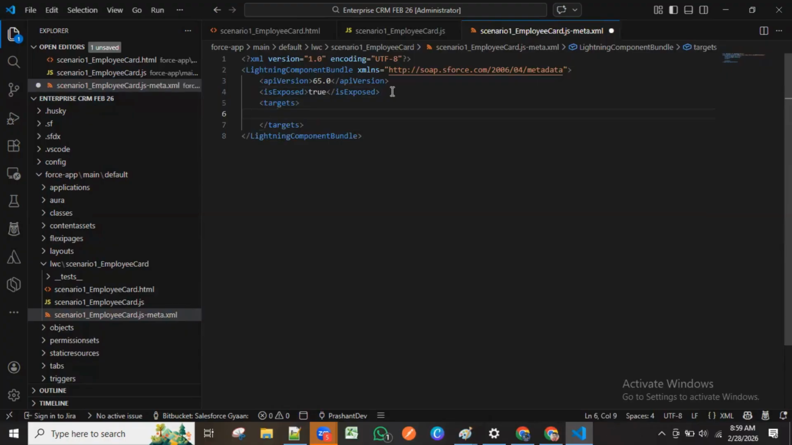Like I am saying, for now I want to put it on the home page, but maybe tomorrow or the day after tomorrow I want to put it on the record page as well, or on the community page or any app page. So I can add those targets as well. Okay, so we can add multiple targets. Fine. For now, I'll be adding the target lightning__AppPage